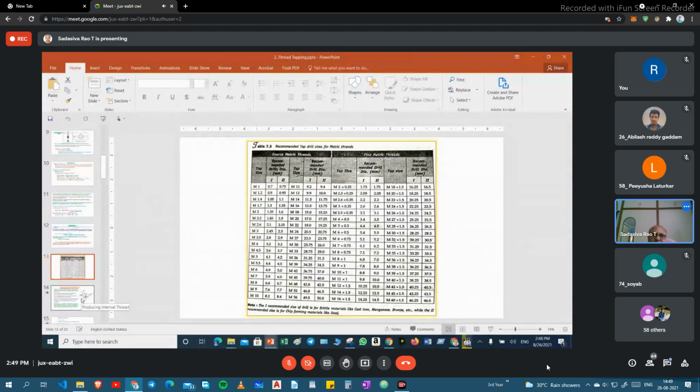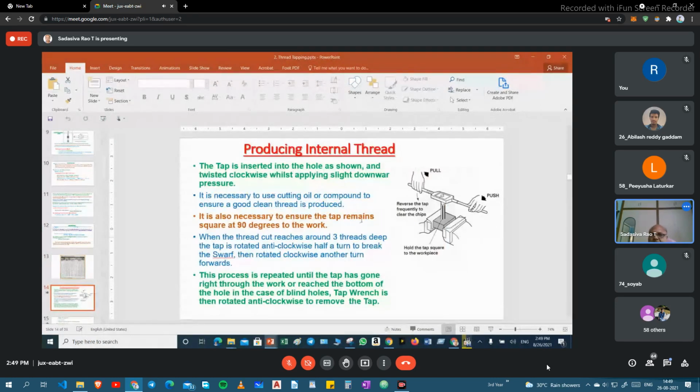And okay, then we know 3 taps are there, and by using this tap wrench for rotation we will use. Okay, up to now it is clear. And how to proceed? In the bench vice we are keeping the job.